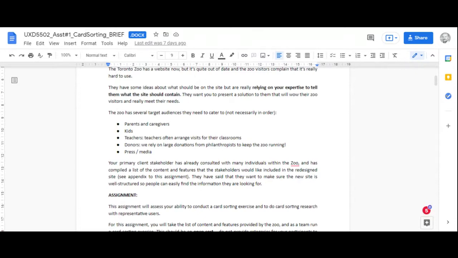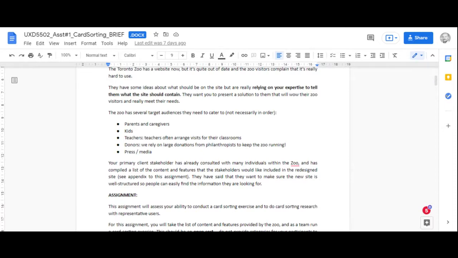Let me pause here. In 5112, yesterday I asked you to pick a project. I said, pick a company that you will want to work with for the semester. We're going to do heuristic evaluation, and we're going to do usability testing on that website. So if you pick your team, the team that you've picked in 5112 will be the same team for this class for all of your assignments. So that's done. Then if you've already picked a project like Shoppers Drug Mart, you could stick to Shoppers